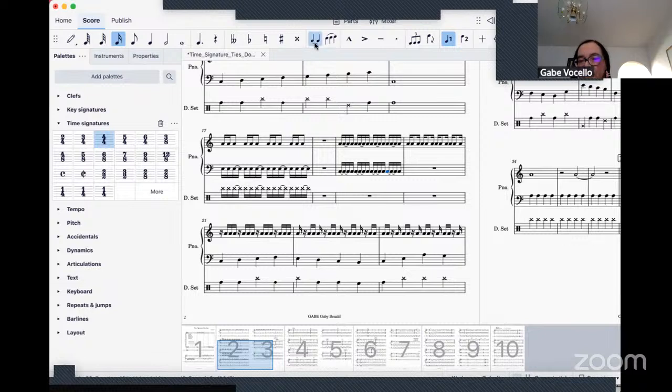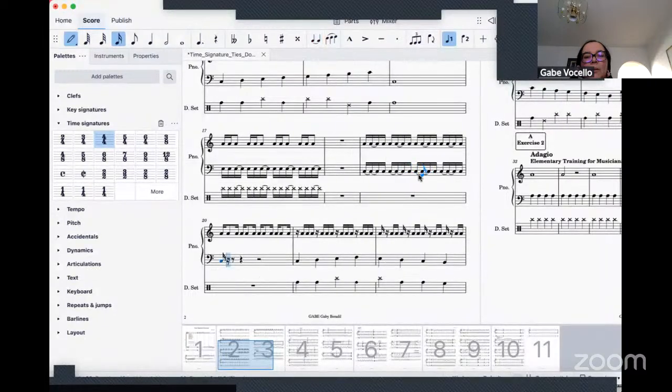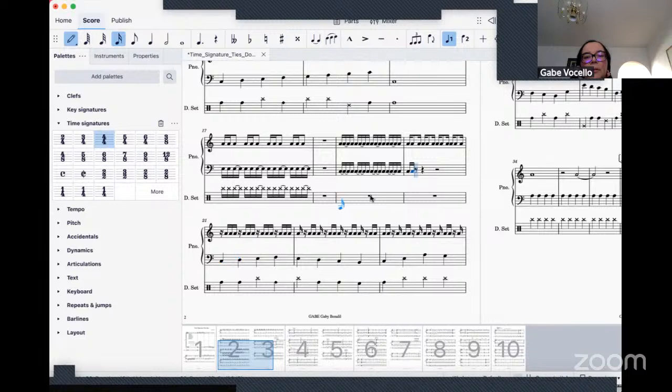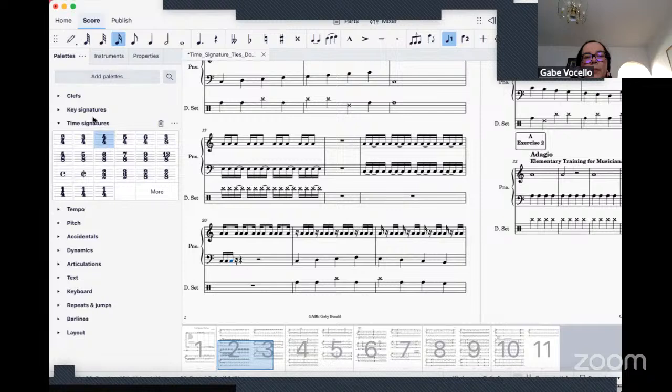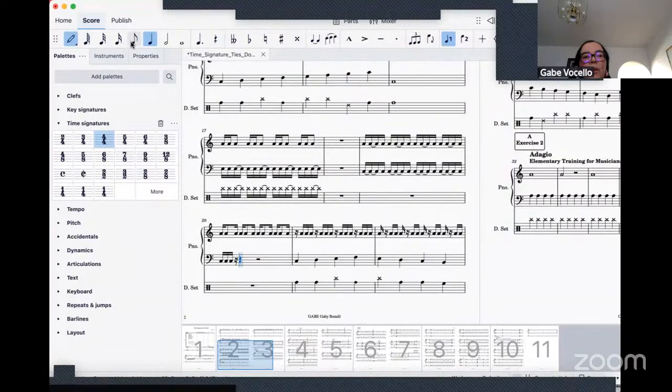Two 16th notes are equal to an eighth note. So I have 3: 1, 2, and 3. So 2 is equal to 1. I'm going to put it here. 2 is equal to an eighth note plus